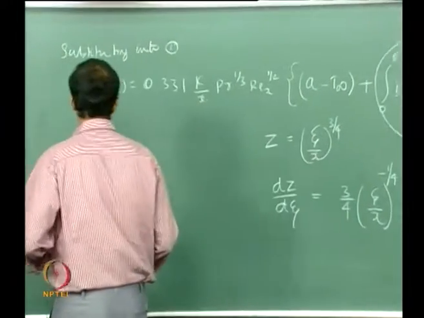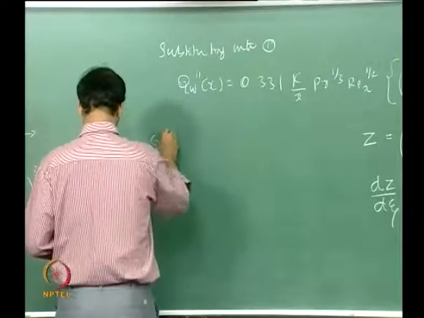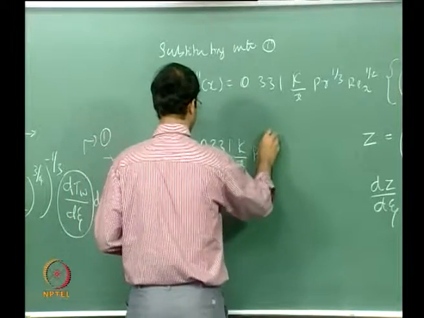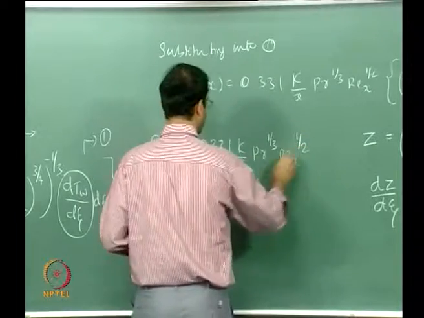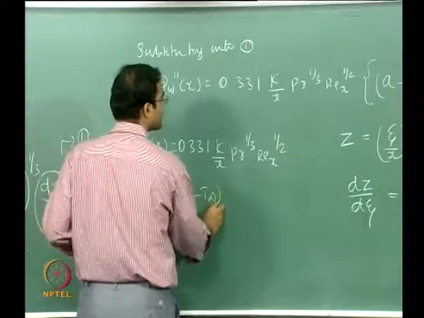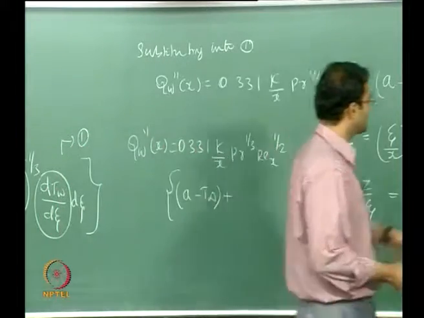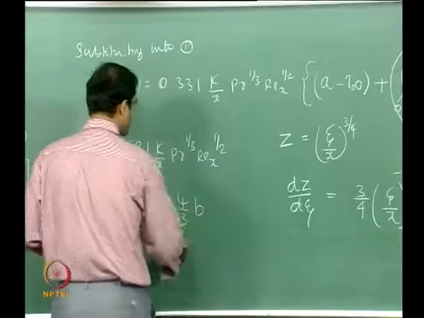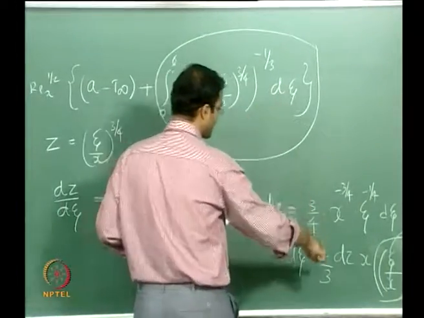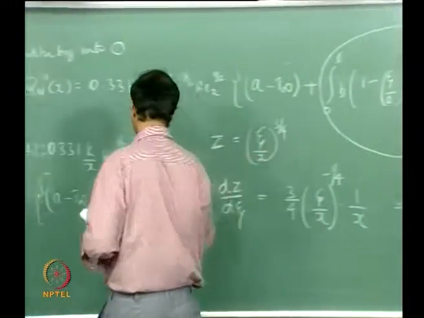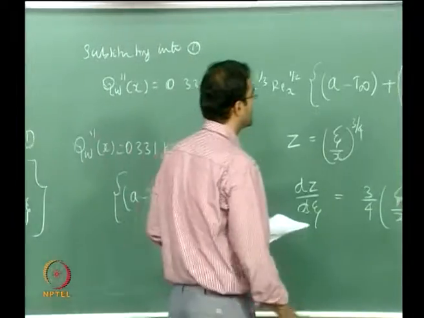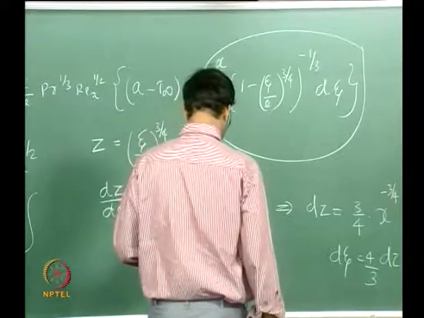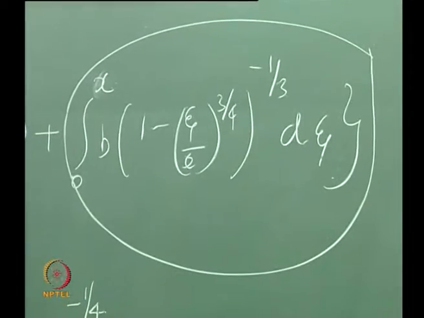So therefore if I substitute into this expression, 0.331 a by x Pr to the power 1 by 3 Re x to the power, so you have A minus t infinity plus, so I am substituting for d zeta. 4 by 3 is constant, b is a constant, I can take out, and inside the integral this is integrated with respect to dz, therefore x also can be taken out of the integral. Now this is originally 0 to x here, so I can transform this to 0 to 1,